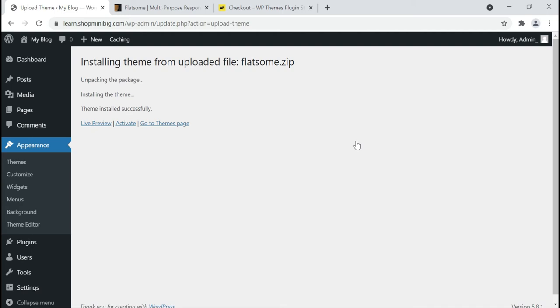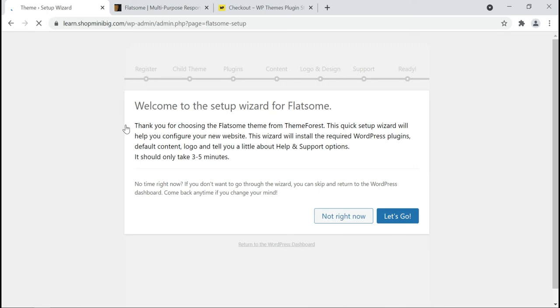Now our WordPress theme has been installed. Click on activate. Now the theme has been activated.